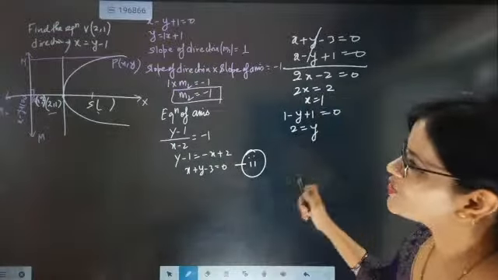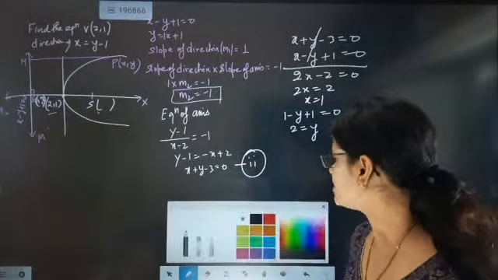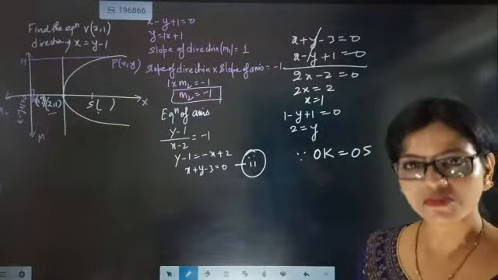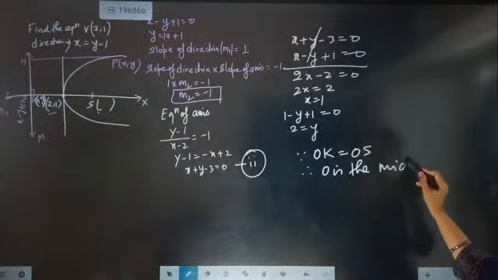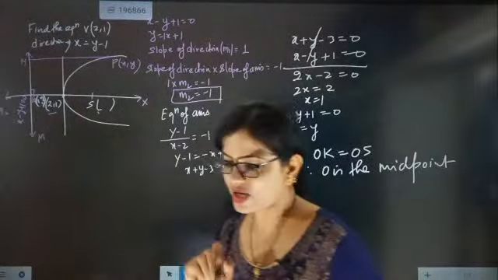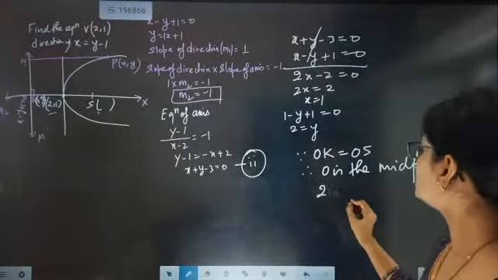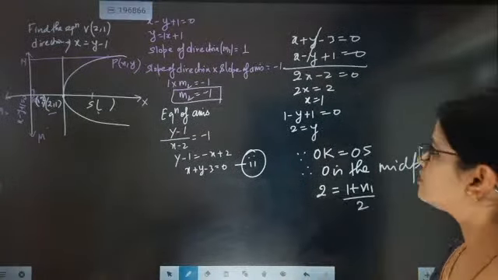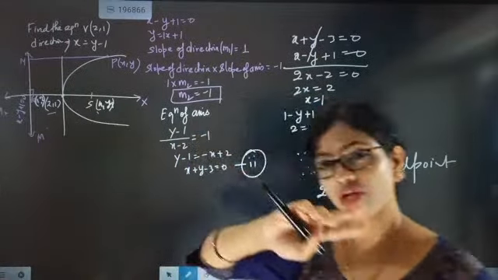So now K point you have. Now we know that since OK equals OS, therefore O is the midpoint. Once O becomes the midpoint, what is the value of O? Now we know the midpoint, how to get the midpoint equation. 2 will be equal to (1 + x1)/2, because this focus point, let us take as (x1, y1). So I have to get the focus point.